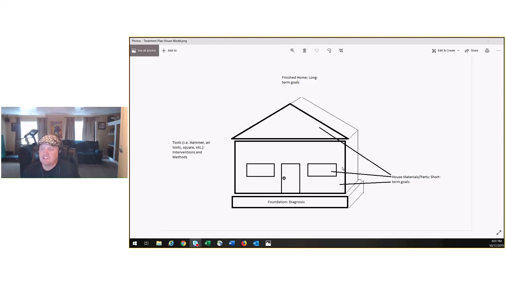So just an idea of how to think and how to conceptualize a treatment plan. So we're going to use the same client that we've talked about the past couple times we've met. It's that individual who came into the office because of post-traumatic stress disorder. We talked in the last sessions what the symptoms were, how long they'd been present, as well as other issues that were also there. Now it's time to actually build the treatment plan and to decide what exactly is going to address the issues. I like the idea of a house, of using a visual of a house for treatment